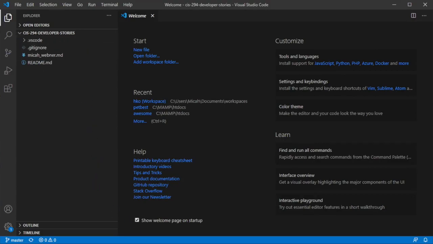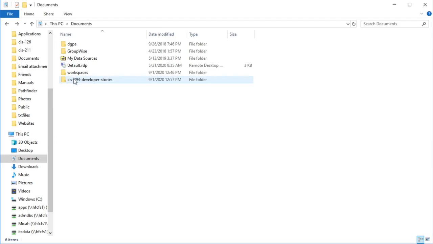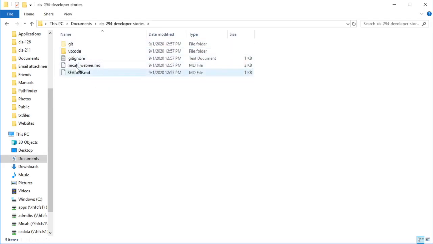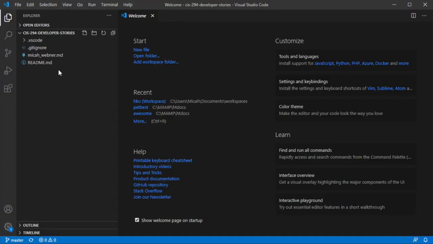If I were to go over to my computer and look, you'll see I have CIS 294 developer stories. Here are all the files. I have Windows File Explorer set to show hidden files, so you can see the .git directory. We can also see some Visual Studio Code editor settings here. So we'll go back to VS Code, and now I can simply do something like